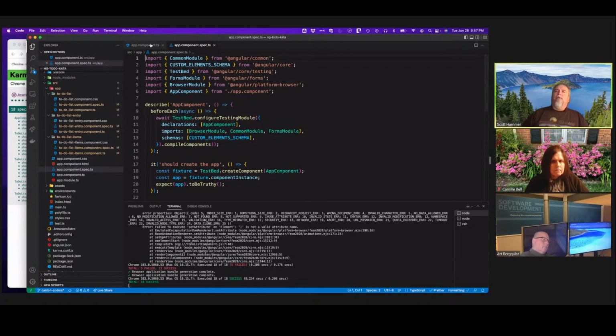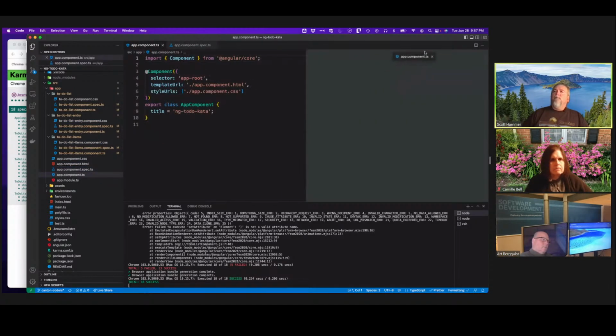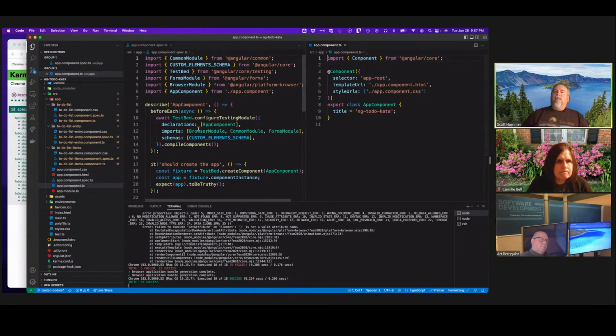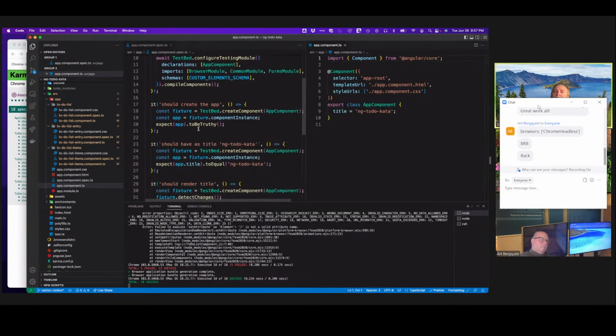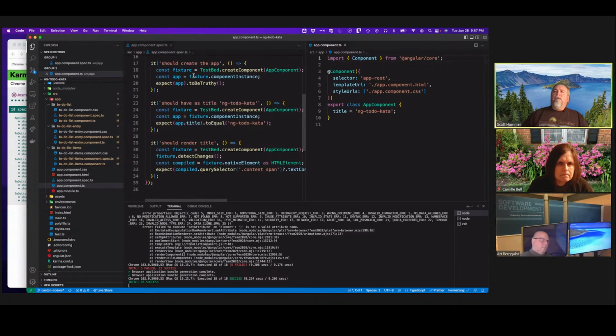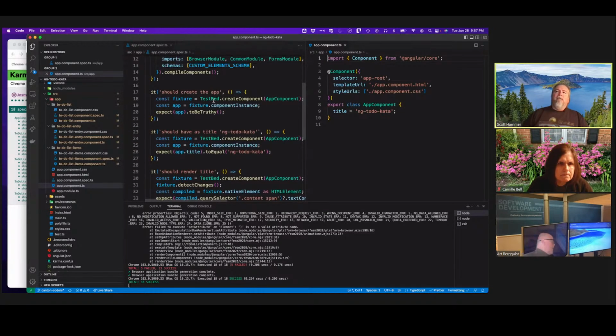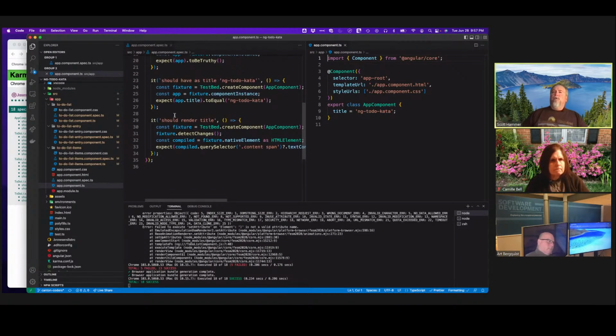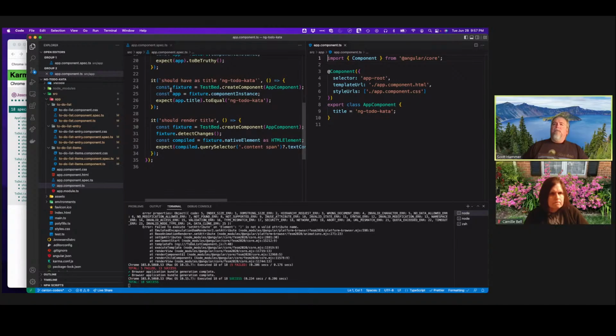There we are. Okay. And then I'm just going to drag this guy over here. All right. Okay, to create the app, all these, so this is using the testbed type tests right here. And so I've got to do something a little bit different here. I'm still going to do by test ID, but